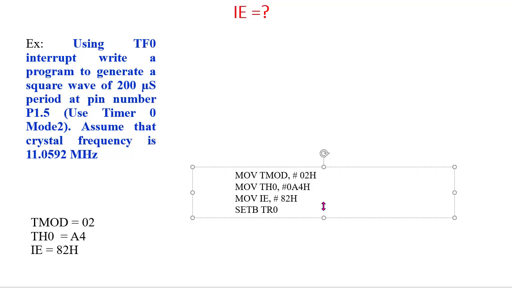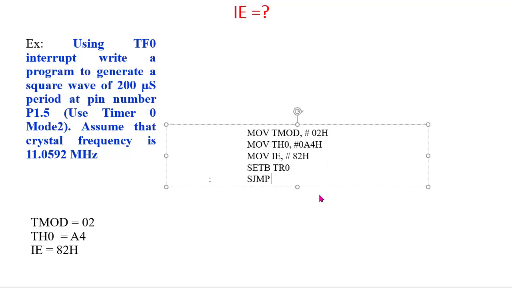After that, what will we do? As we are using the interrupt, we will wait for the interrupt to come, and for that reason we are using the LJMP instruction. I am putting the name of the label as L1 and the label will be at this position, meaning the program will stay here. This will be used as an infinite loop. If the microcontroller had to do any other work, that would have been written here. As there is no other work according to the program, the instruction has been written here, just wait.